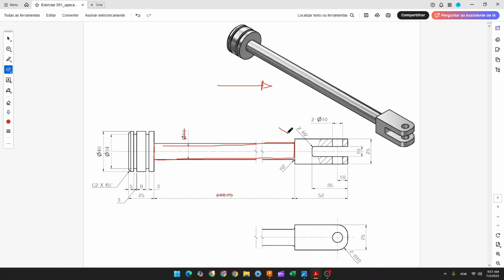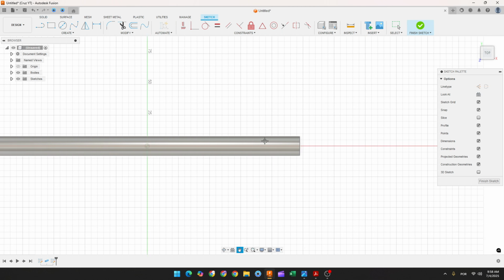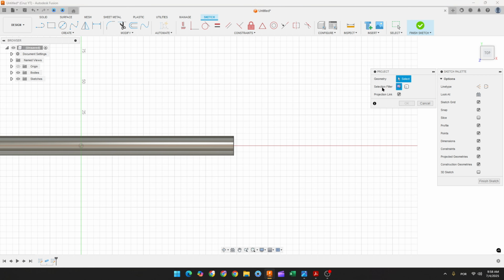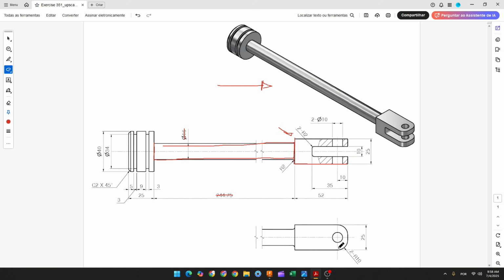Now let's create this part here. So to create this, we select the top plane, go to create again and select the project include, project, the selection filter, select the bodies, select this body here and press OK. We can hide this body a little bit. We have this. Now let's create this line here with 25 millimeters and these two lines here with 52 millimeters,